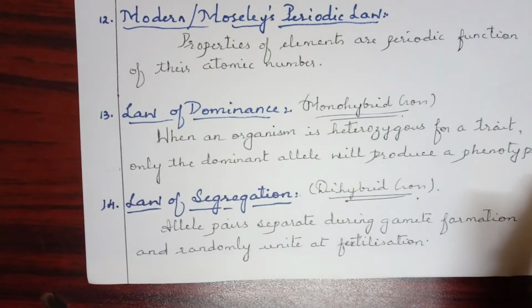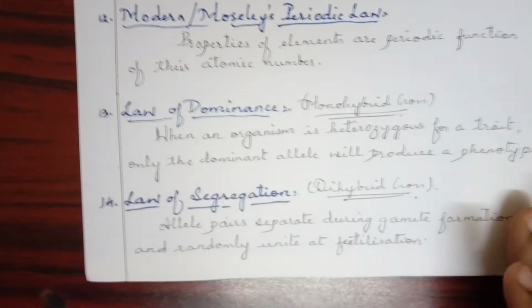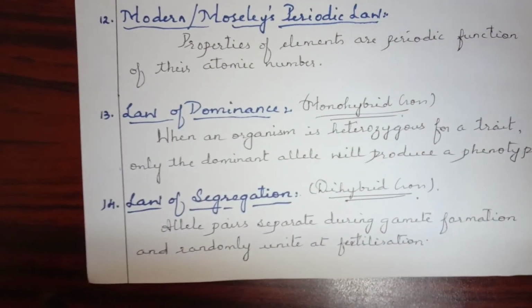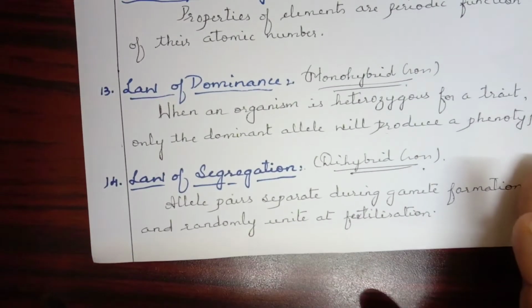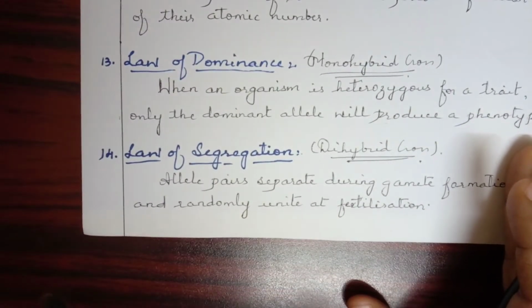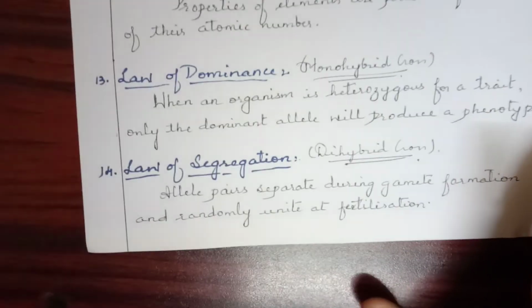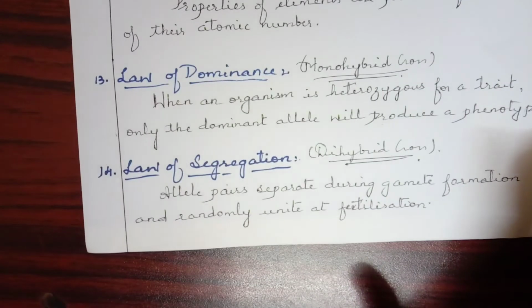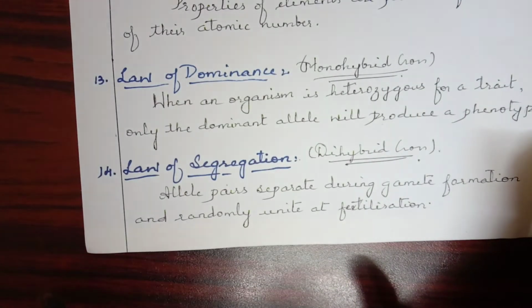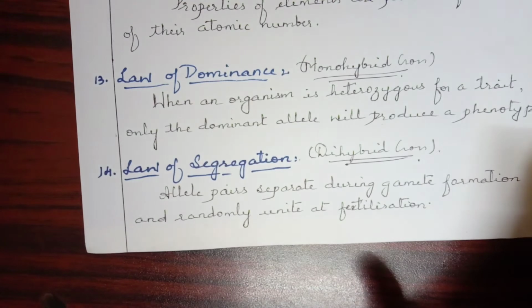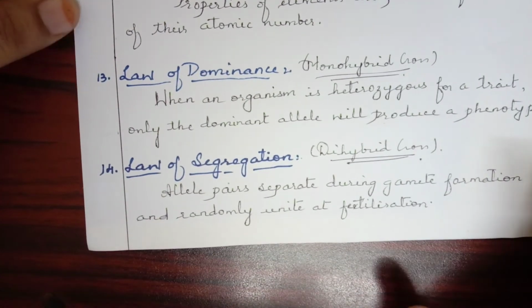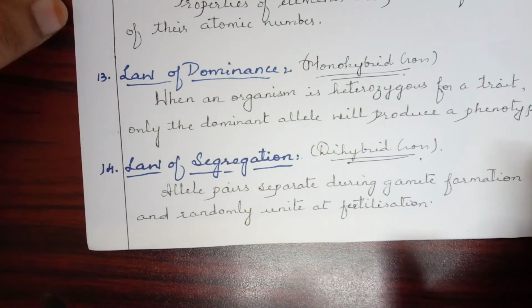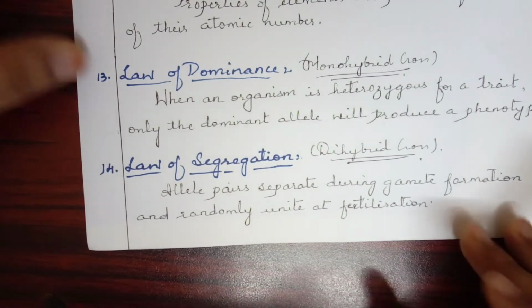Now from the biology part, as I said, you don't have any law mentioned specifically in your textbook. But here I have given you a few laws. So what are these laws now? Normally, you have got monohybrid cross, dihybrid cross. I've already explained how, if they give you any questions, you're supposed to write it and draw the checkerboard. If you have not checked it, you can just go and check it on my page. I have already uploaded it before.